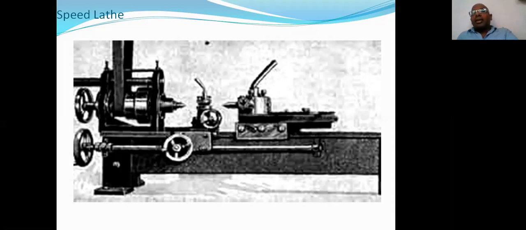Here you may have another doubt. If that particular component is of larger size or is a hard material, then what happens if that particular belt is placed over the small size pulley? Then high speed will be transmitted to the job.